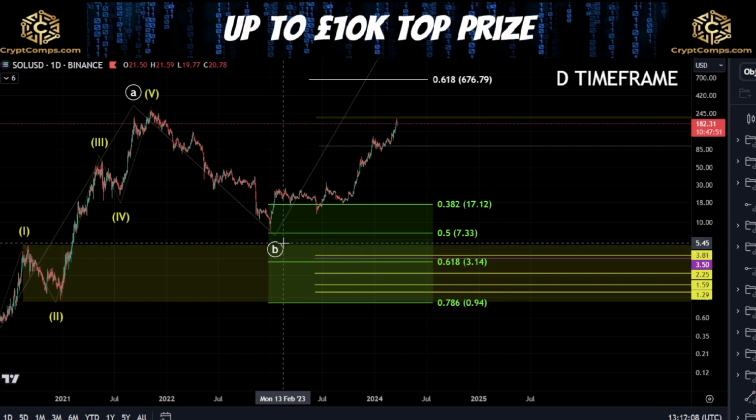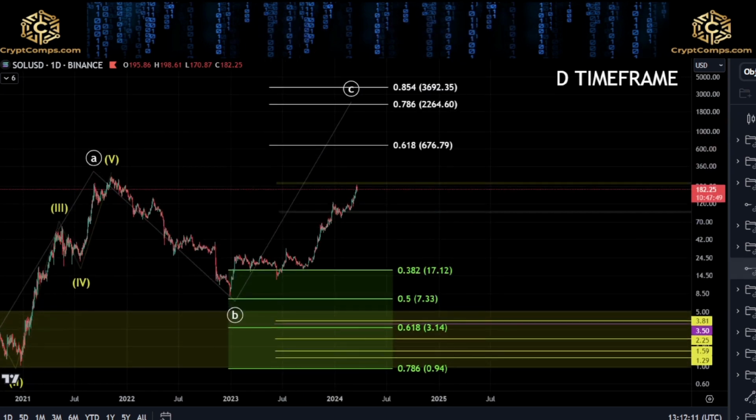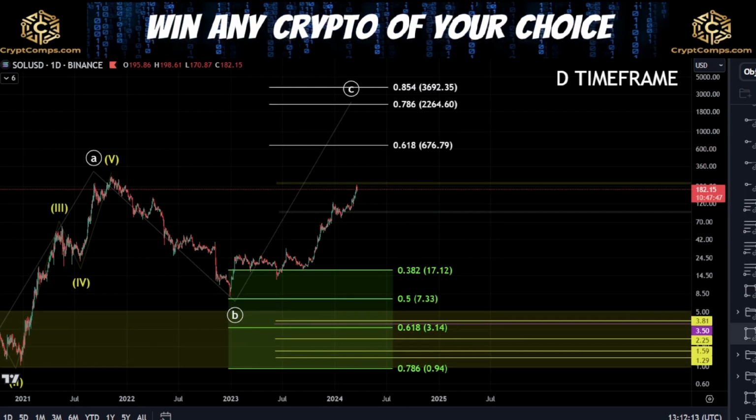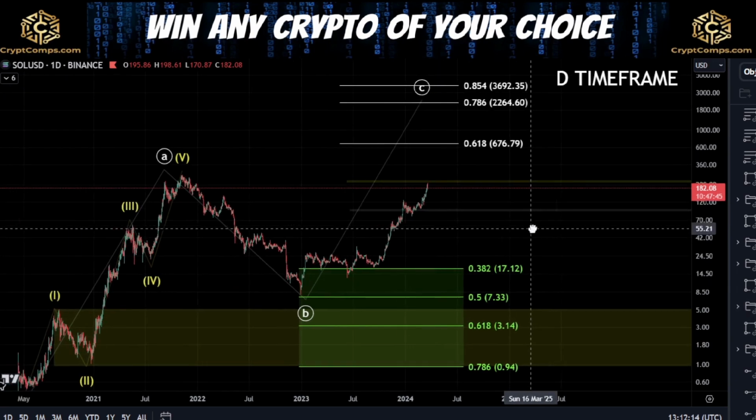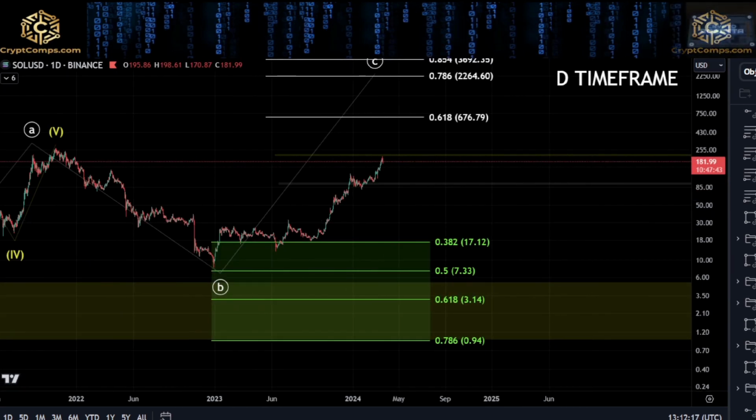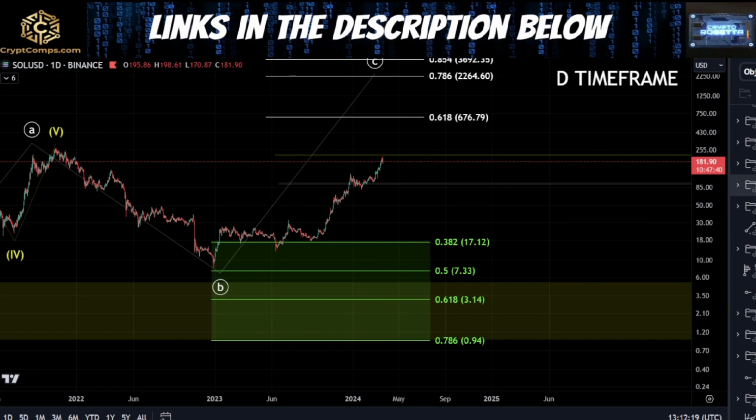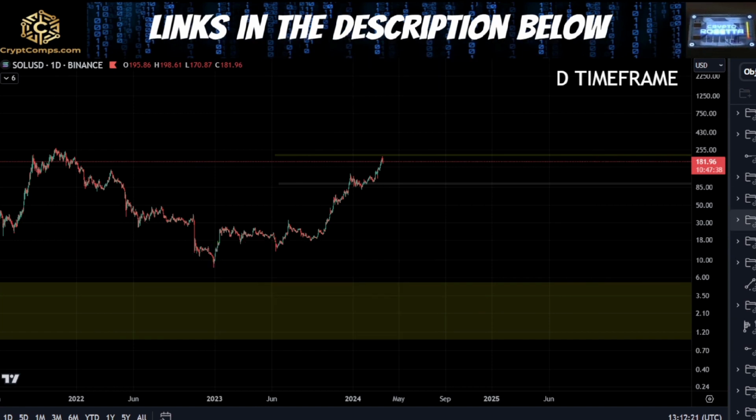Okay, so we're going to go over this idea here that we are in the C wave now, and we could be looking for this direct continuation to the upside. How would I be looking at this move? Now, if we're going to be looking at this as a C wave, we'd either be looking at this move